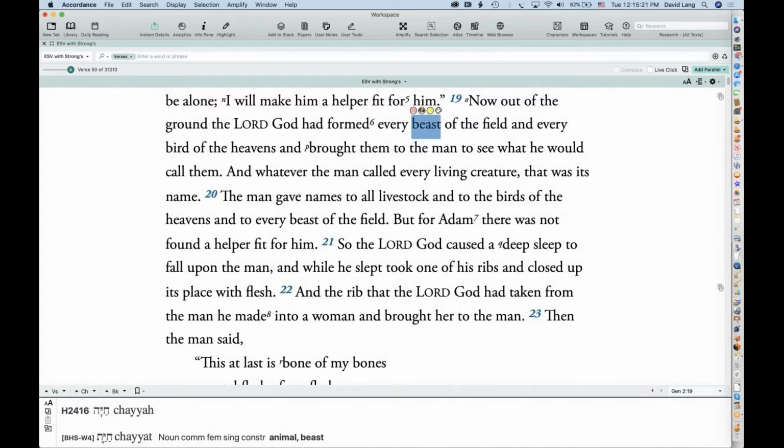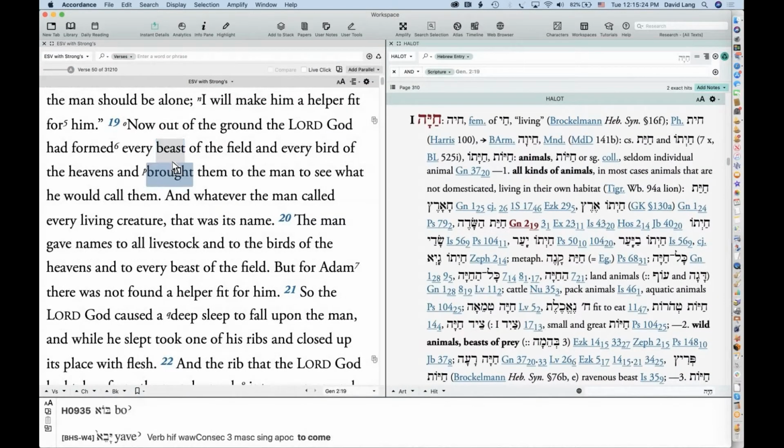So if I triple click a word, it will, oh, that's interesting. Oh, because it's beast. I was thinking it was Behema, and it's a living thing. So it brought up the Hebrew word for living thing, animals. And so notice that it opened up the Hebrew dictionary, the Hebrew lexicon, Halot, and it searched for that Hebrew word and the associated verse that I triple clicked in.